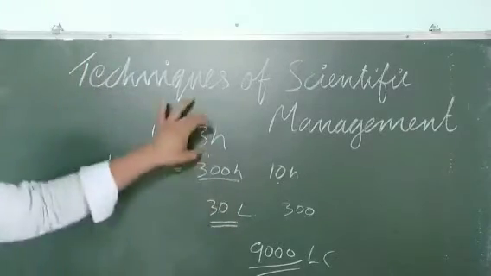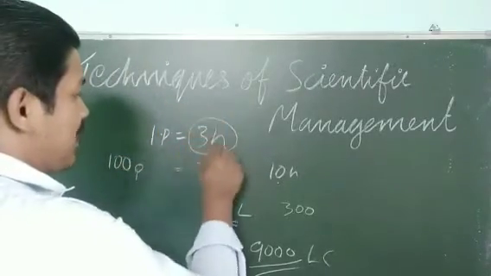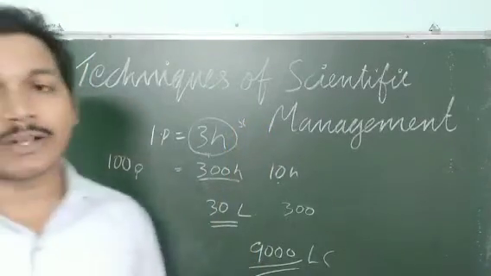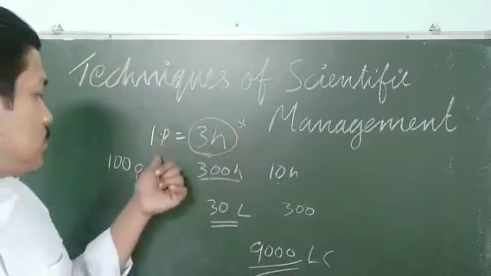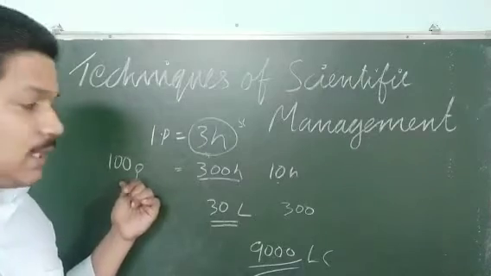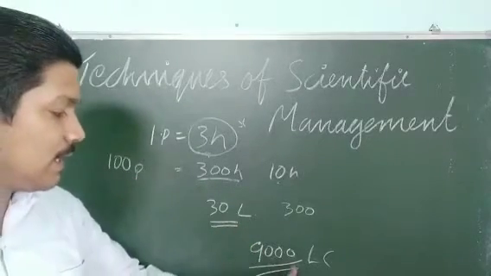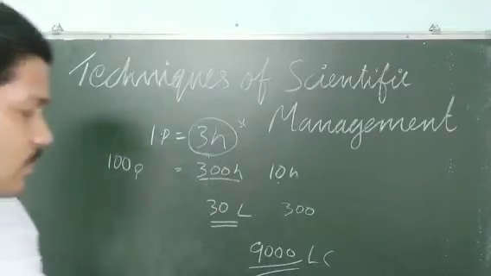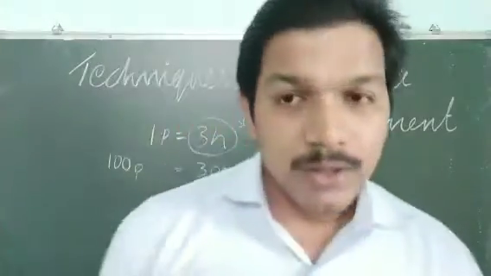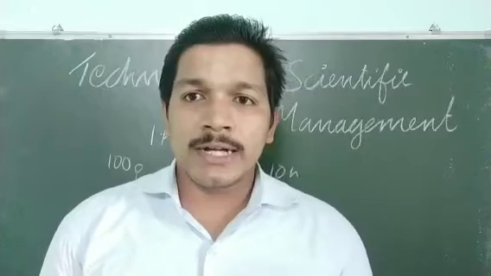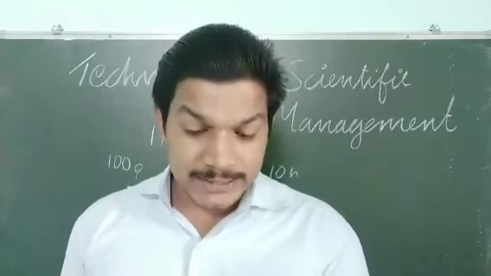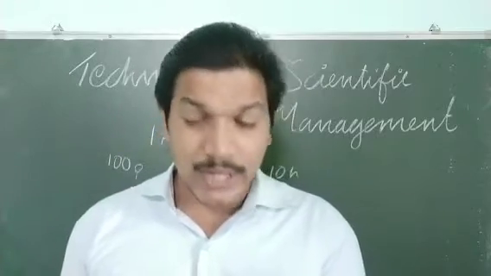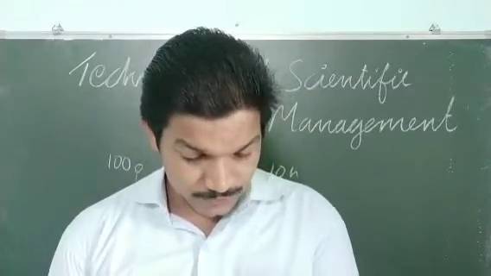If we don't have this standard time, then we cannot calculate this. So there is a standard time, how many products have to be produced, and based on that we can calculate the labor cost. Hope you have understood about this. This is about the time study, and this is the first objective of this, to understand the labor cost,